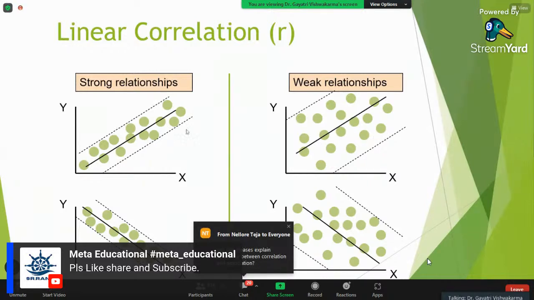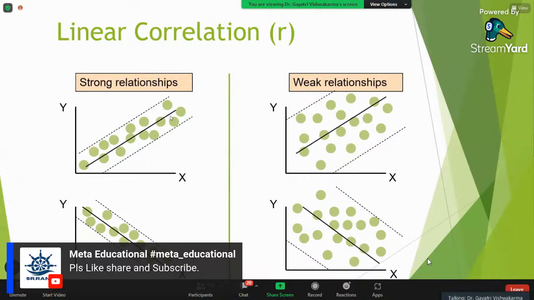So how can you find out the difference between weak and strong? We generally define it as a linear correlation. So there has to be some linear line, and all the data points have to be near this particular line. These two dashed lines represent the 95% confidence interval. If your confidence interval is narrow, your variables have a strong relationship. In a weak relationship, your data is scattered all over the axis and is not near this linear line. So this is a weak relationship.